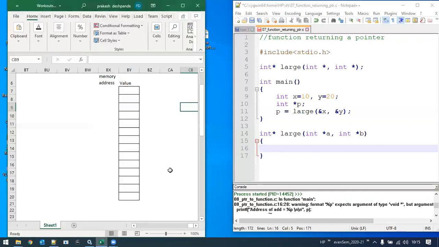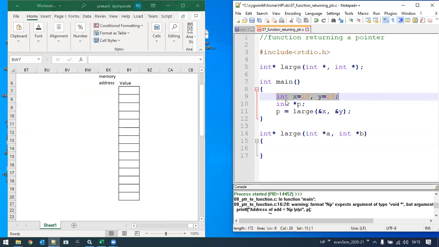Now if you want me to explain with a diagram, let's see how it works. On this side I am going to write the addresses, these are the values, and here I will write the variables. Let's go step by step for better understanding. Line number 9: int x is 10 and y is 20. Assume that this is the x variable, its memory location is 1001, and it has the value 10.